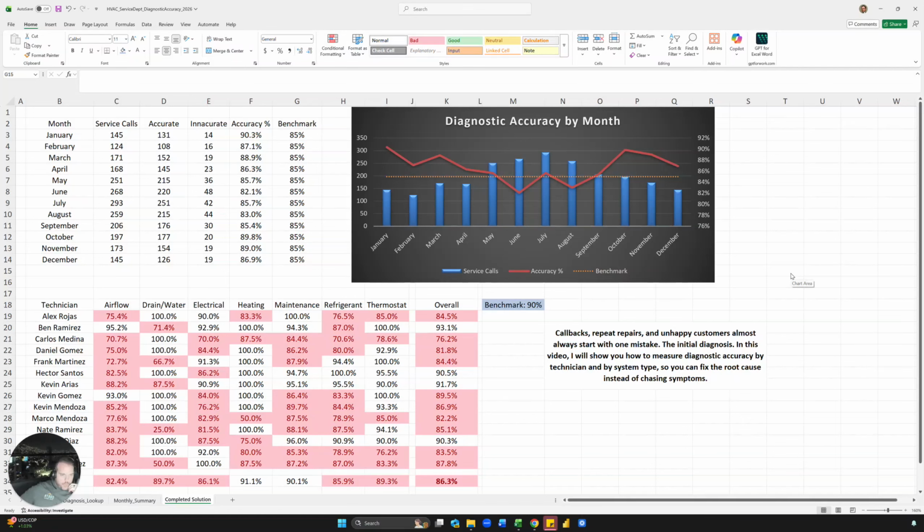So callbacks, repeat repairs, dissatisfied customers, it can oftentimes start with just one mistake, the initial diagnosis. And so here I want to show how to measure your accuracy by technician, by system type, by month, overall accuracy, and then also show you how to create this chart here, which is called a combo chart. So you have the columns, which is the number of calls, you have the line, which is your accuracy, and